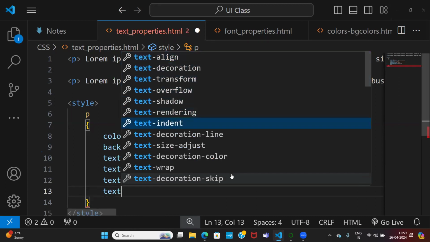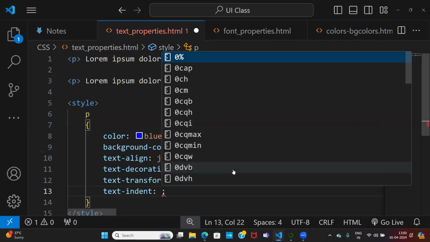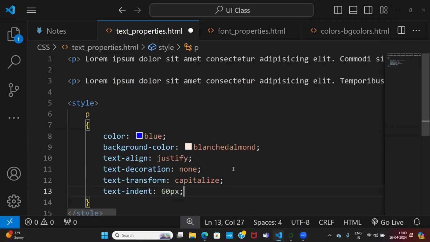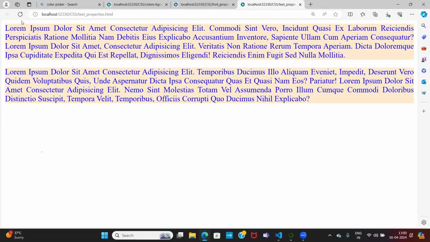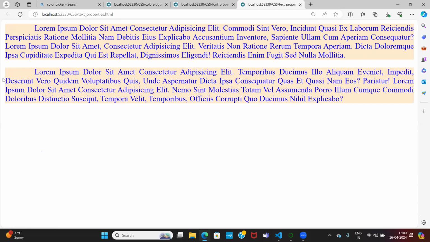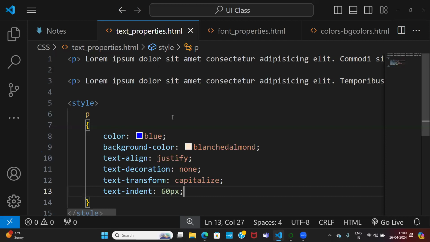Now, text indent property. What is the indent property? Some space I want to adjust for the first line of the paragraph. So you can see lorem got started with some space. How much space I'm specifying in the code, that particular space is 60 pixels I gave, 60 pixels got